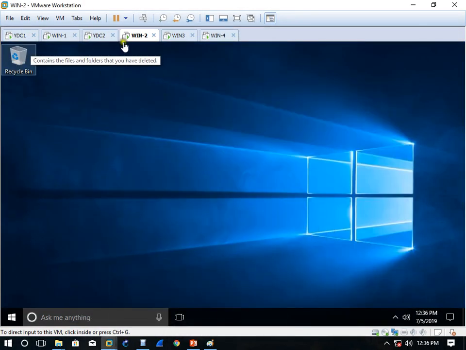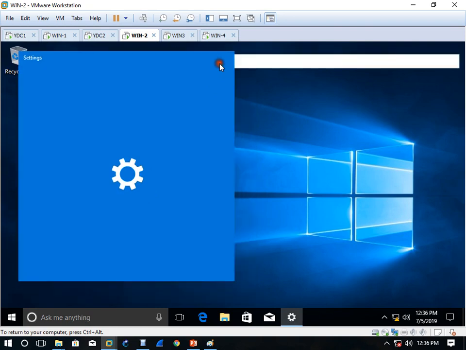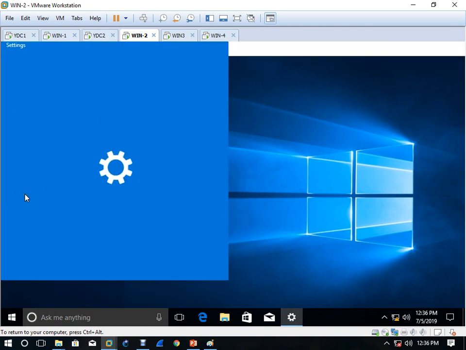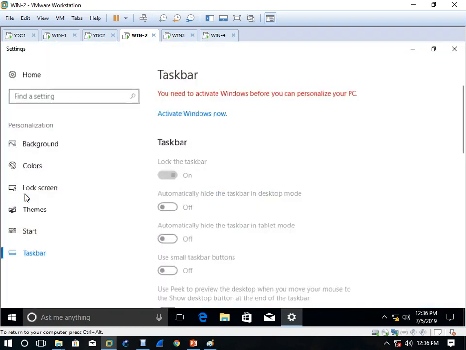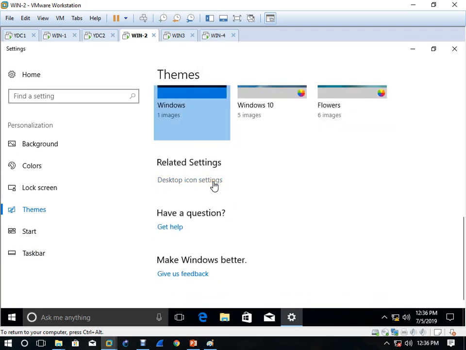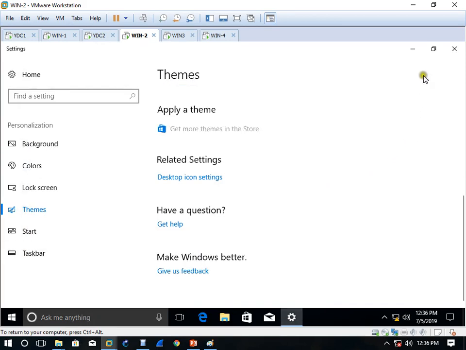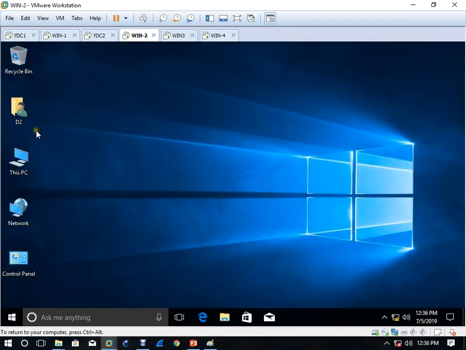Now here on this Windows 2 machine, which is the client of Dwala, the normal local user is successfully logged in. Okay, D2 is able to log in.